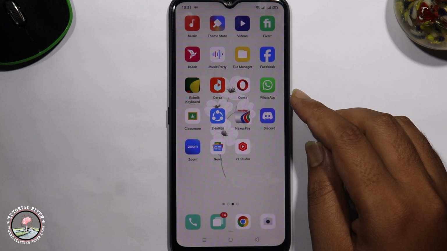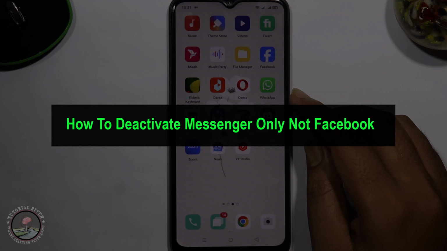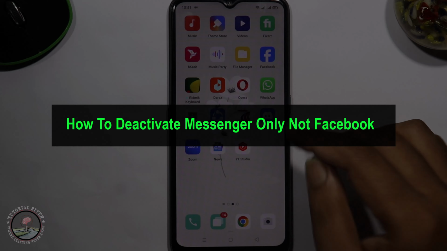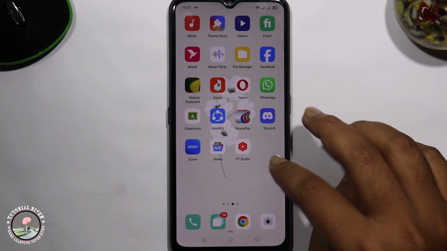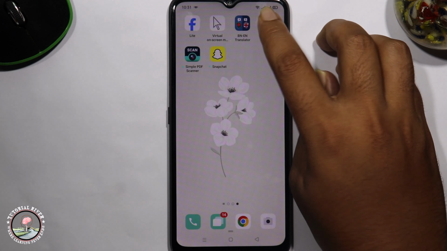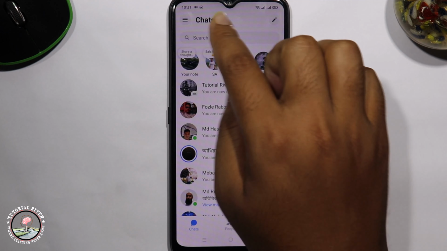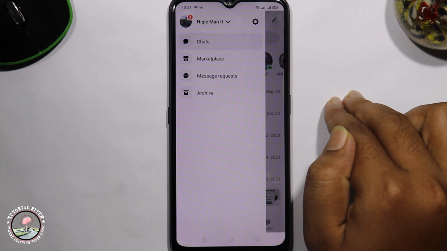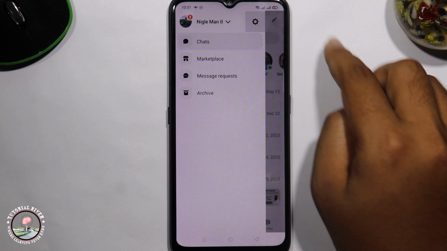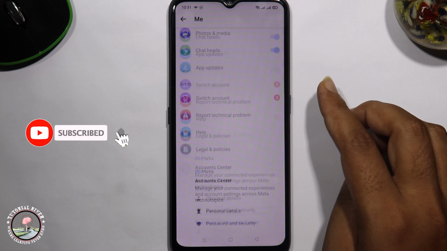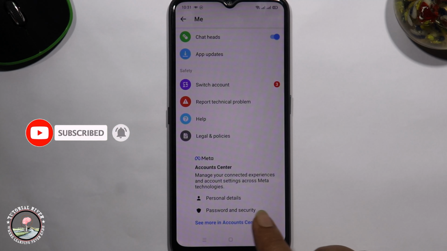Hello viewers, in this tutorial I will show you how to deactivate Messenger only, not Facebook. So first of all, open Messenger, click on the three line setting icon, scroll down, see more in Account Center,